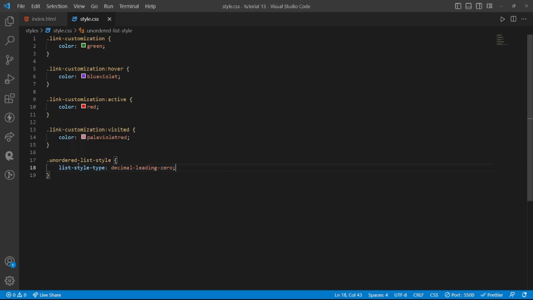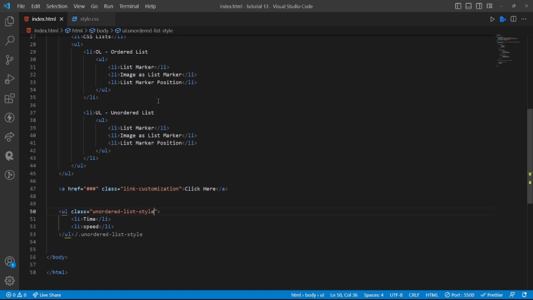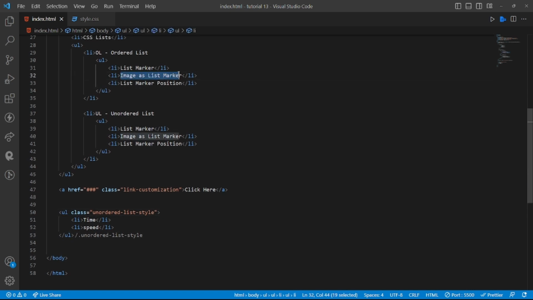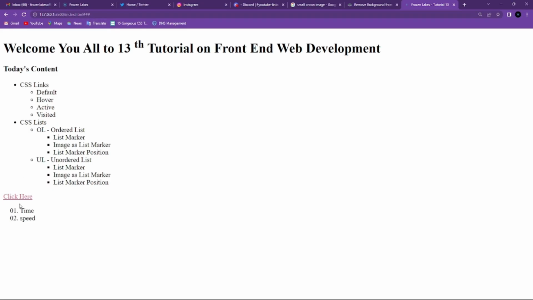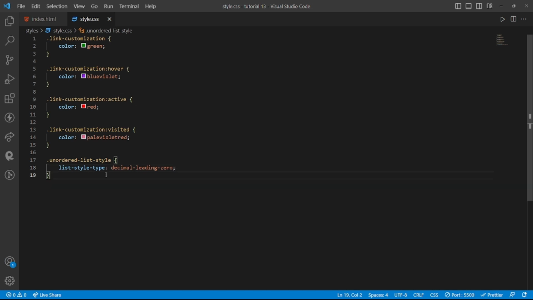So it's the list style type, and the list style image is the list marker. So this 0, 1 and this square are all list markers. Okay, so now